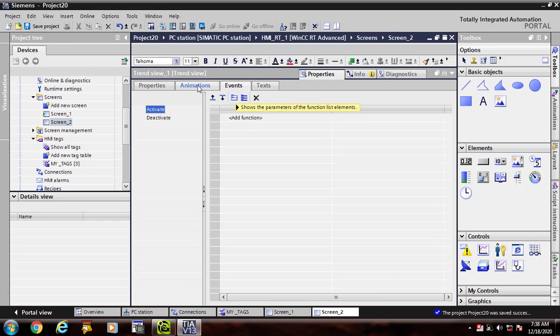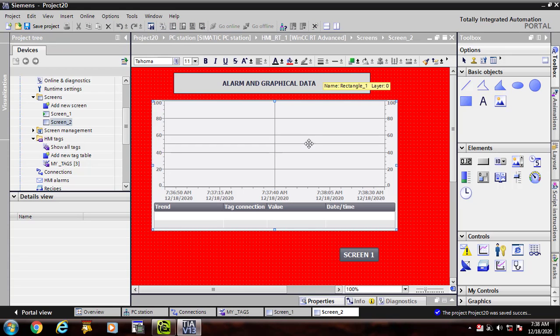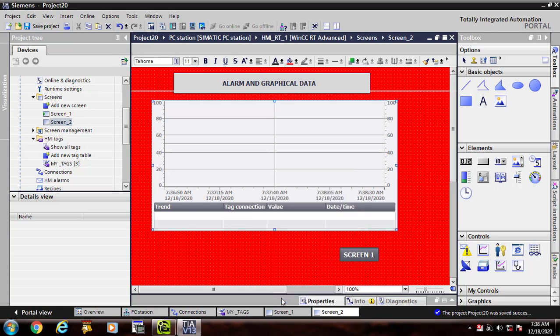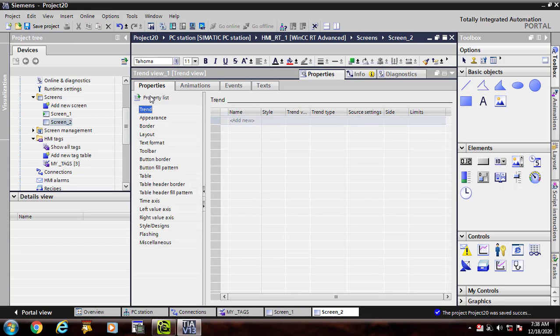First of all, I need to click on this graph, go to its properties, here in the property list go to trends, and here you can assign a name to it.